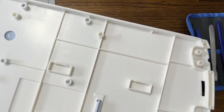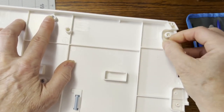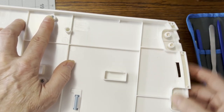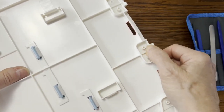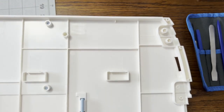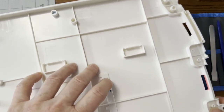But the back, we're going to have to change this view here. The back was glued on. This is actually part of the back that is still glued in place, and there's where it completely popped off. But yeah, I pried it apart because the back gets glued on. Once you've got the back off,